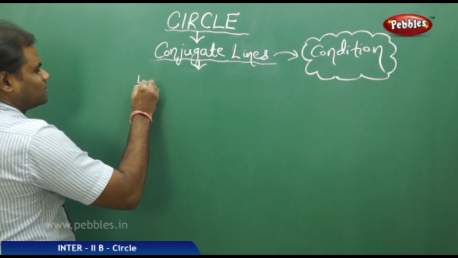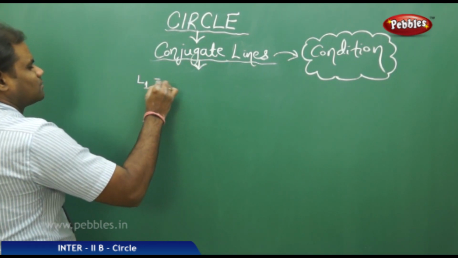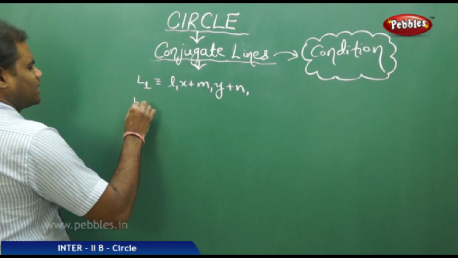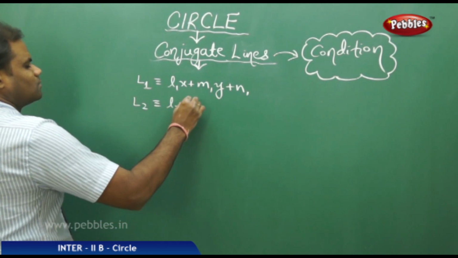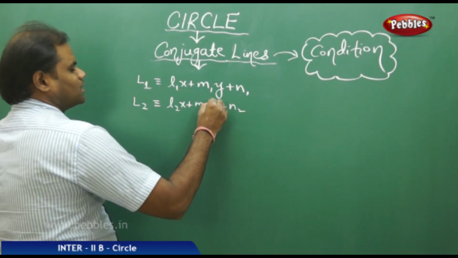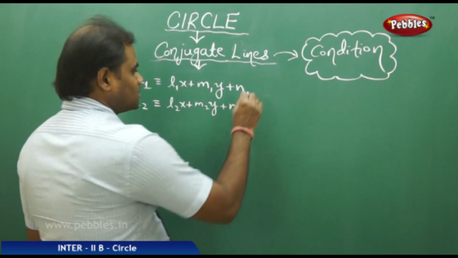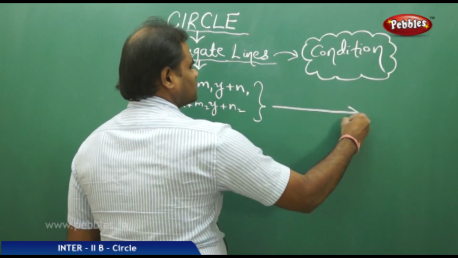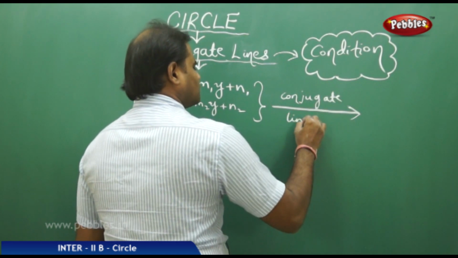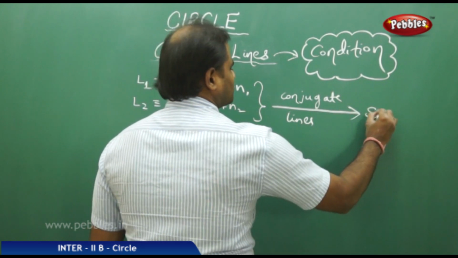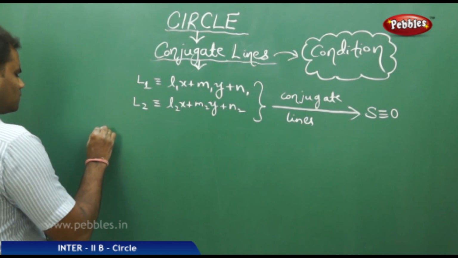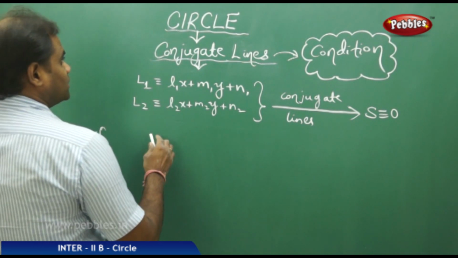Suppose I take the two lines L1x + M1y + N1 and L2x + M2y + N2 are the two lines, then these two lines are said to be conjugate lines with respect to the circle S = 0 if I have the condition